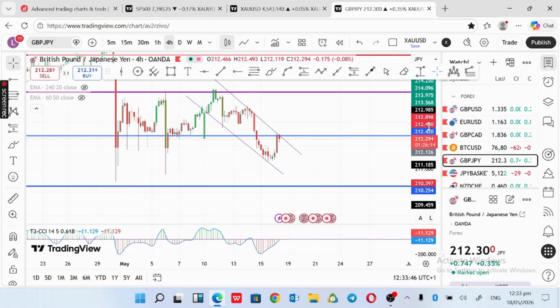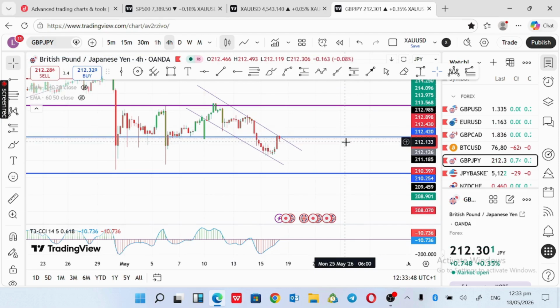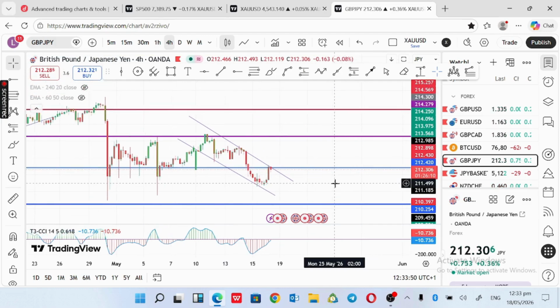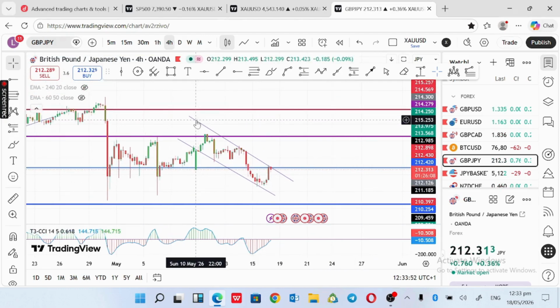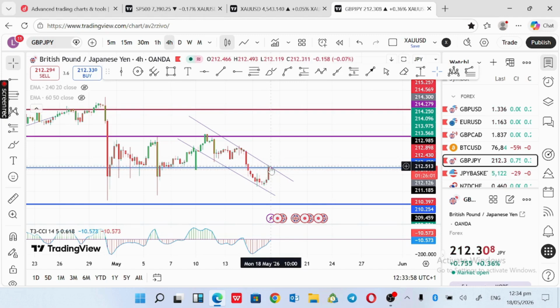Now, on my higher time frame, that is the 4 hours time frame there, I have a trend line I drew this morning with this resistance on the upper zone. I expect the market to come to this resistance and touch it. Once it touches resistance, it comes down to the lower zone,